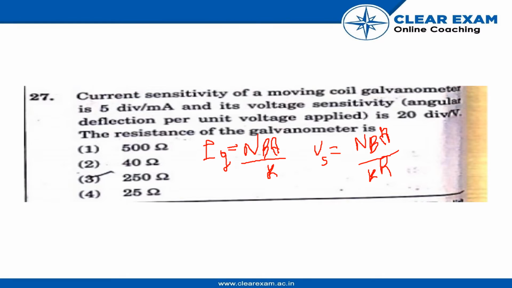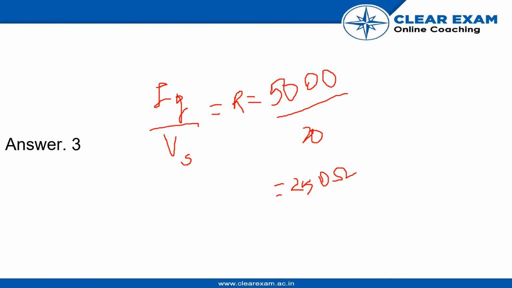So the current in the galvanometer will be MVA upon K, and we are given that it is 5 divisions per milliampere. And the voltage sensitivity is 20 divisions per volt, that is MVA upon KR. So Ig upon Vs will give us the value of R, where you know the value of Ig and Vs. So let's see. Ig upon Vs will give us the value of R, and the value of Ig is 5000, as